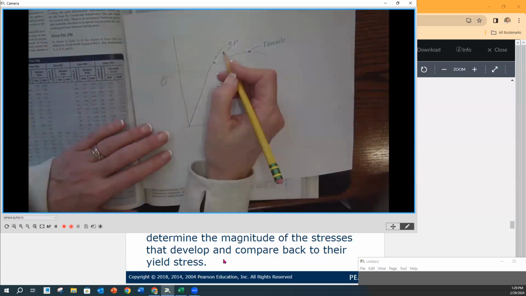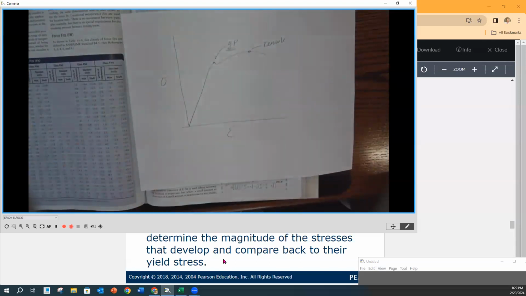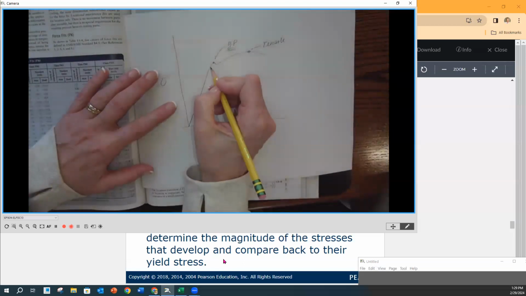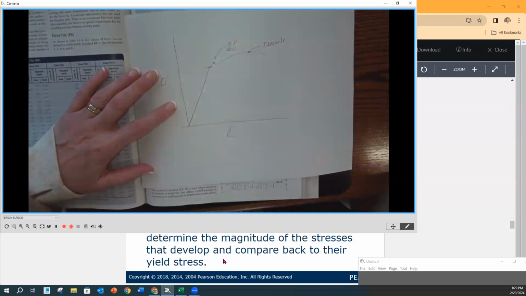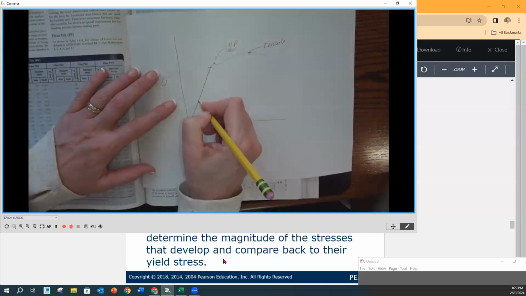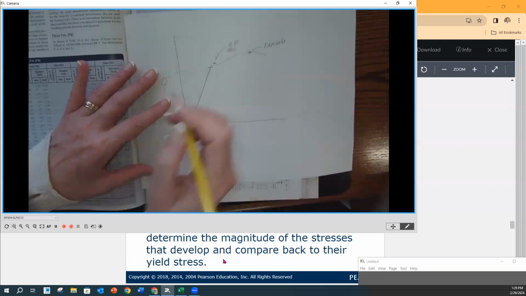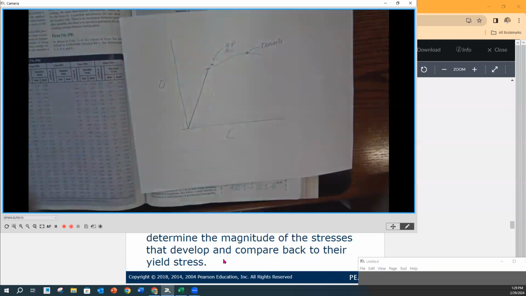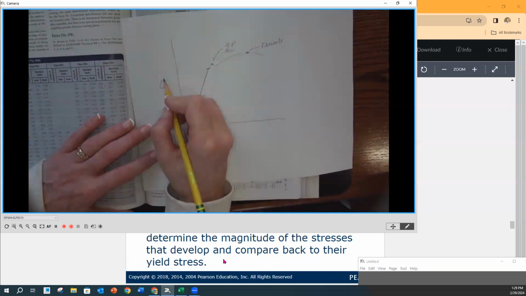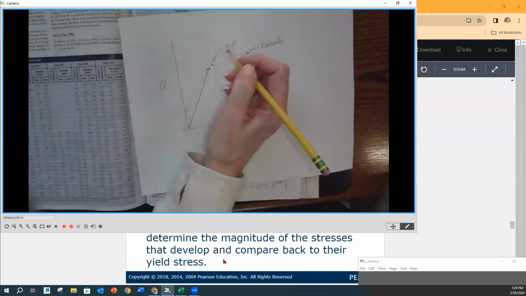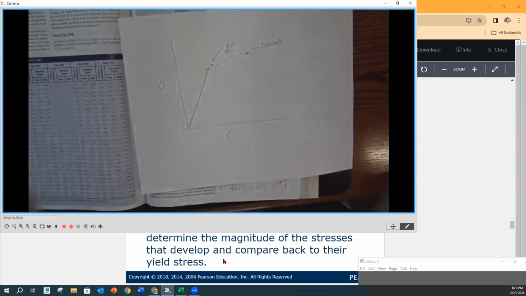Okay, but the yield point tells me that I have 0.2% elongation that is no longer going back. So if we go just below that yield point right here, this is what we call the elastic area, or the proportional area of our curve. And what that means is every time that I put some stress on it, it bounces back to its original shape. Okay. But then when I start to see this yield point,